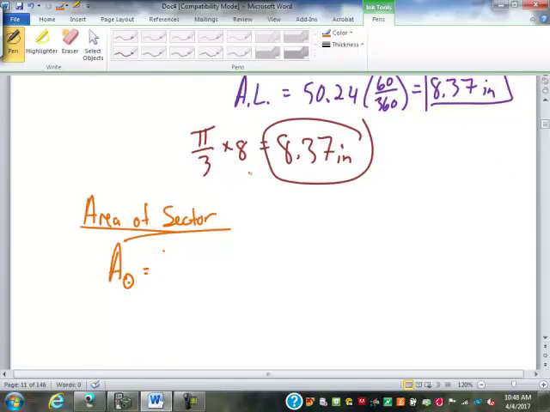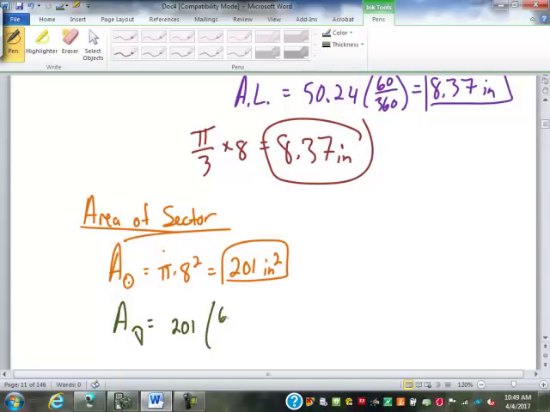So the area of the whole circle is what? 201, right? So the area of the sector is 201